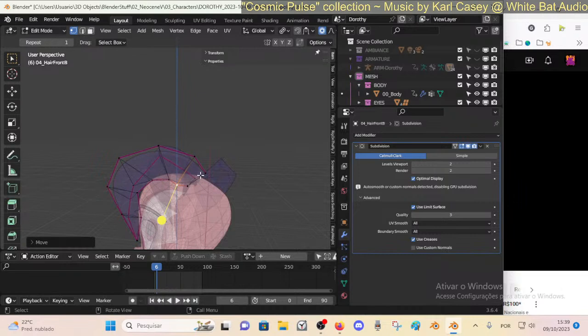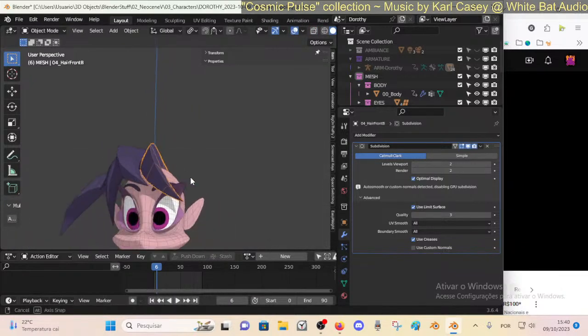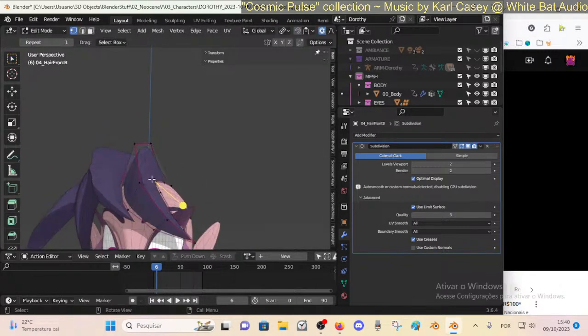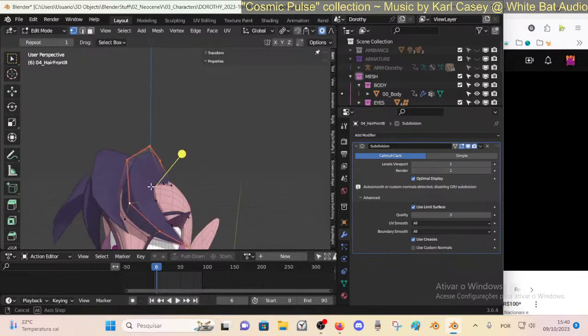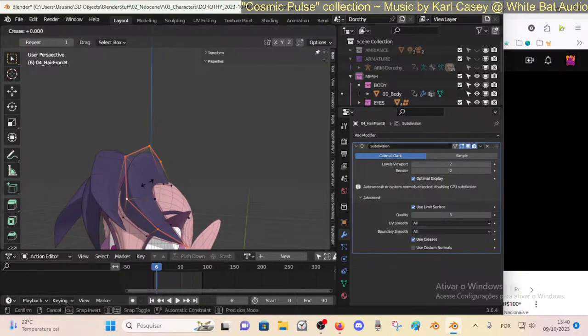I'm tempted to not do everything from scratch, I want to reuse this as much as I can because they are looking okay. But yeah, you see, I try to simplify and see, maybe this crease here is too strong. So let's give a